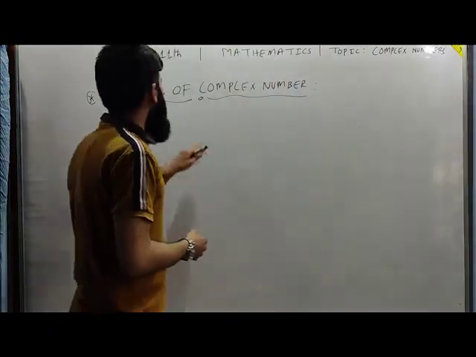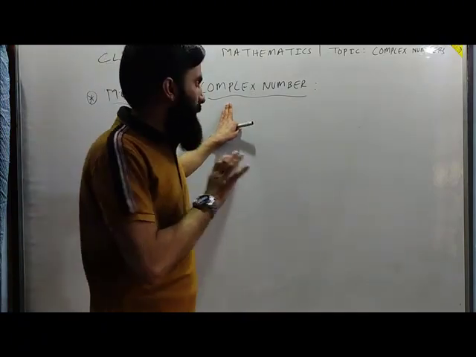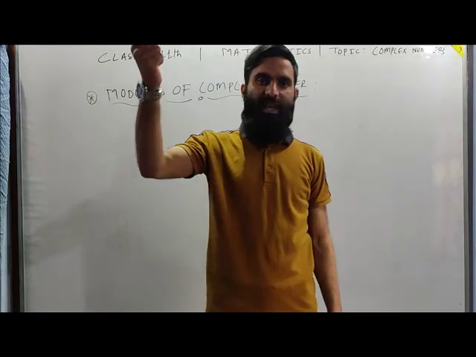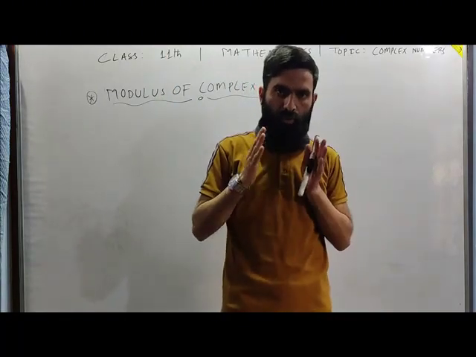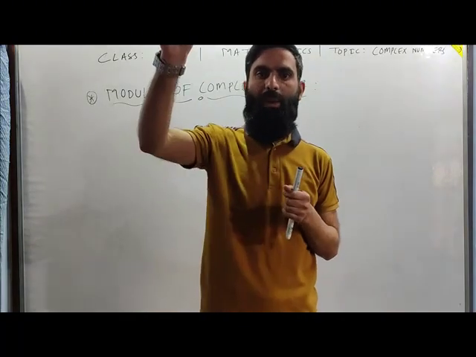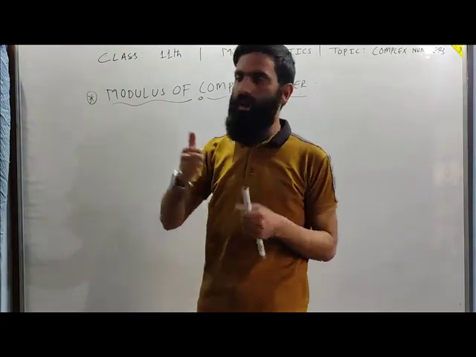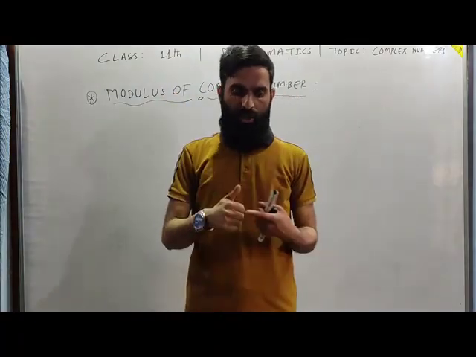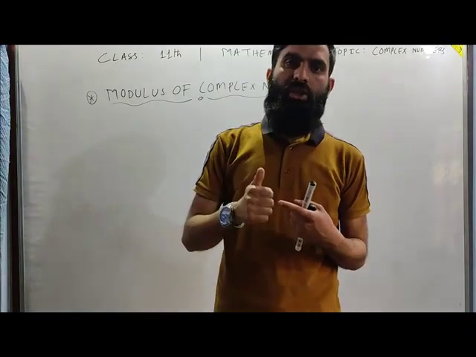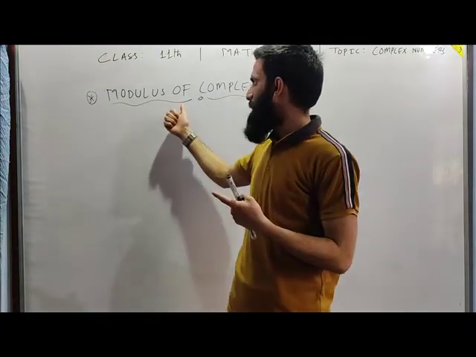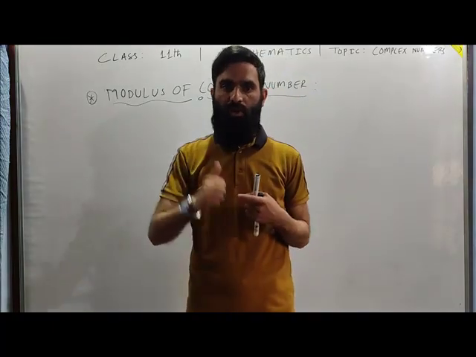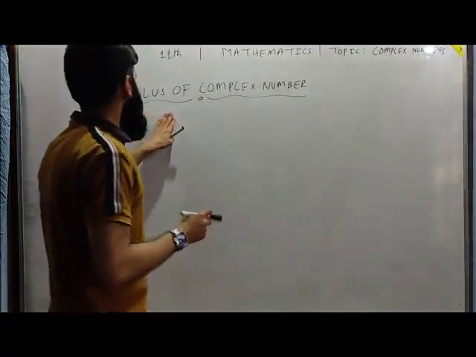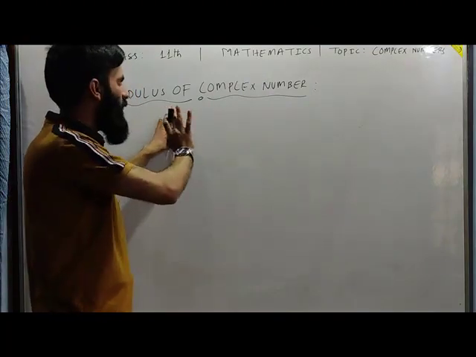Geometrically, it represents the distance of a complex point in an Argand plane, that is, a complex number, from the origin. If you take the distance from the origin to the complex number in an Argand plane, that will give you the value of the modulus, or magnitude, of a complex number. Later, in the next lecture, we are going to discuss the geometrical approach of the modulus of a complex number and the geometrical approach of the conjugate of a complex number. Today we will discuss a simple introduction to the modulus of a complex number.